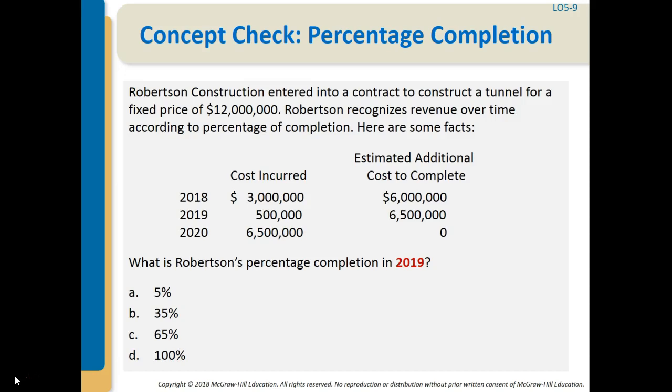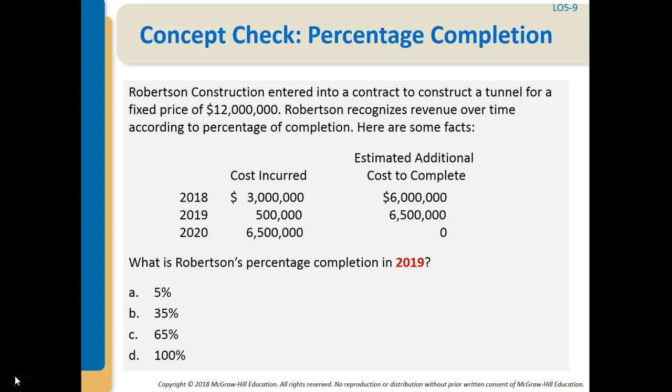In 2018, we had $3 million of costs incurred, with an additional $6 million of costs to complete. In 2019, we had $500,000 of costs incurred, with an estimated cost of $6.5 million to complete. And then in 2020, we had costs incurred of